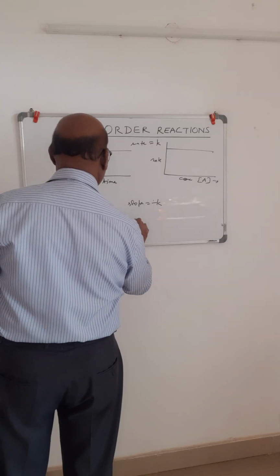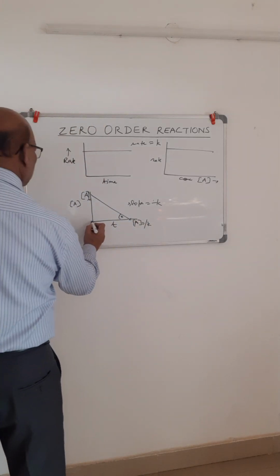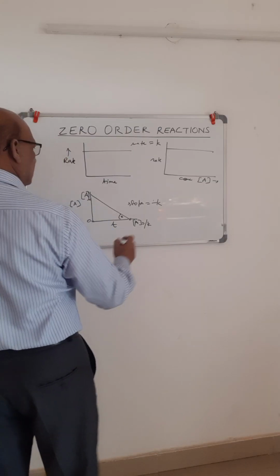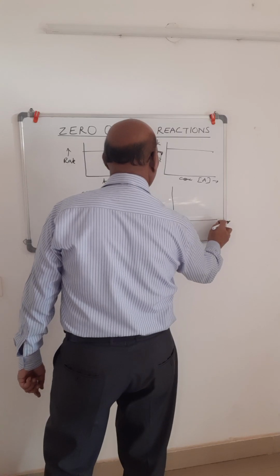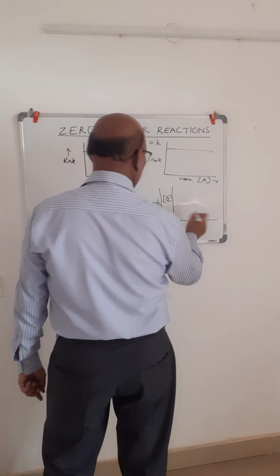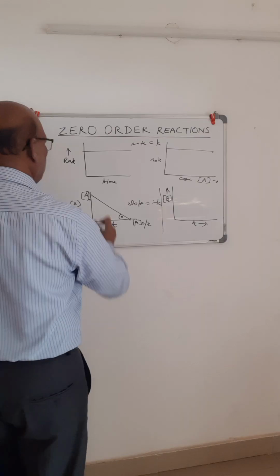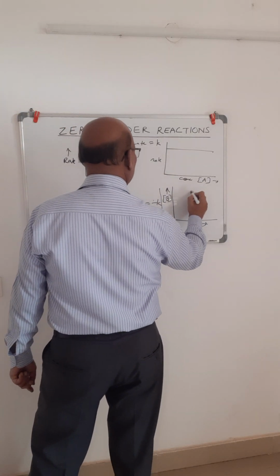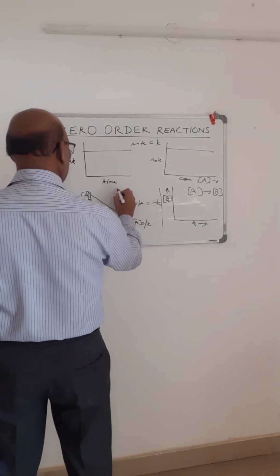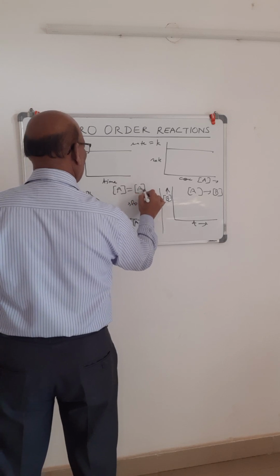Okay, and this was A naught by K, that is the lifetime of the reaction when concentration becomes 0. Okay, and suppose one more graph, that is, if I want to draw the graph of concentration of product versus time t. Because as the A concentration is reducing, the concentration of B is getting increased, because our reaction was A gives B, and because concentration of A is given by A naught minus KT,